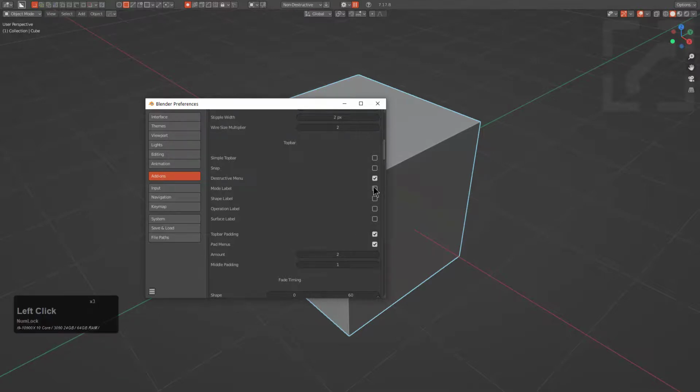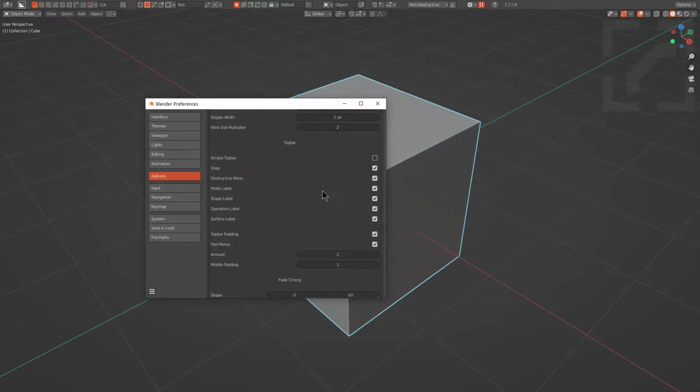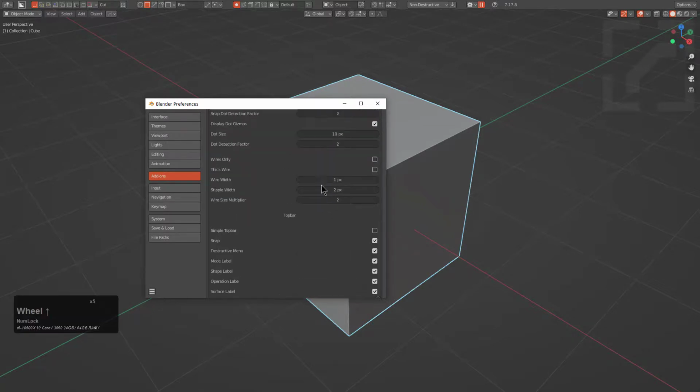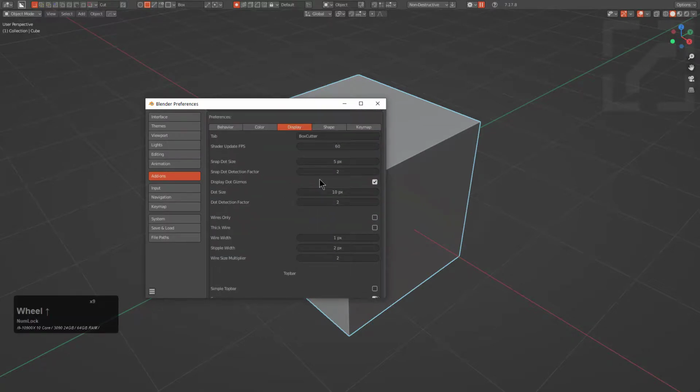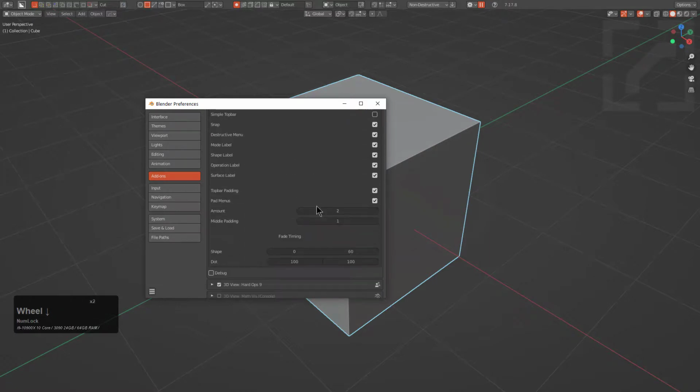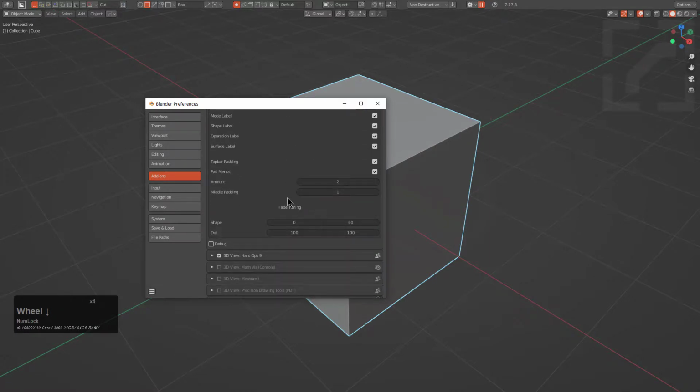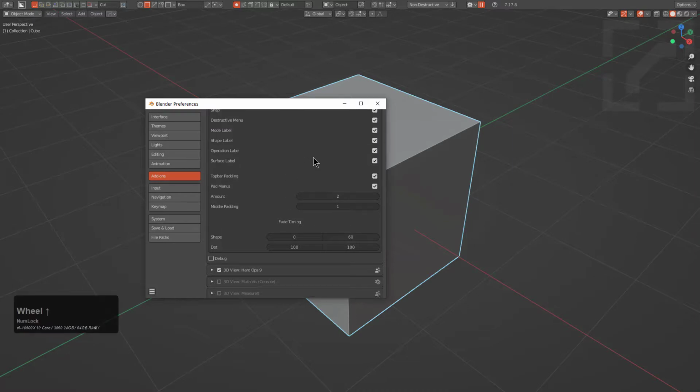However, I do like to have the label showing just for the users themselves, and also we have the destructive label showing just for people to be aware of what we're doing whenever it comes to the operation at hand, because at the very beginning people would always wonder, hey, is this tool destructive? Oh, that tool's not non-destructive, and it was ridiculous. Everything's non-destructive. It almost takes more work to be destructive than it does to be non-destructive, but that's beside the